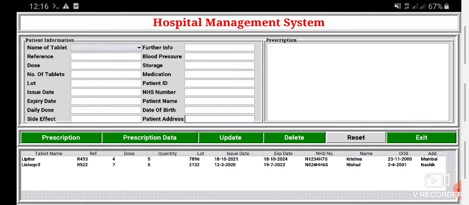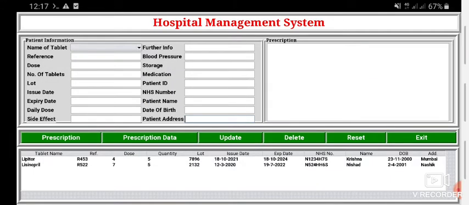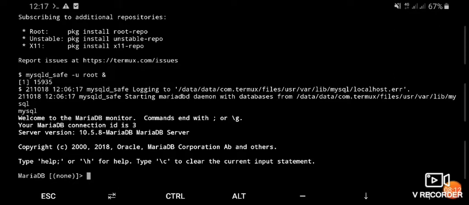Now if we want to delete any record, suppose we have to delete one, but before deleting this record, let's see these records in the database as well. Now we have come into our database. Our database name is my hospital data, so I will use my hospital data.